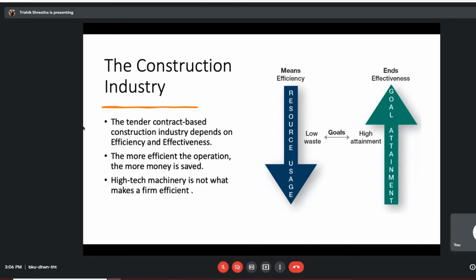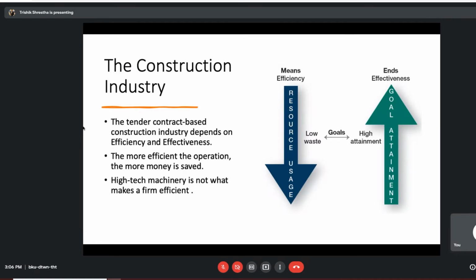You bid a certain amount. There's a contract that is available to every construction company that qualifies, and then you bid an amount, you claim that you will be able to complete that contract in a certain amount, and if the customer likes it, then that contract is offered to you, and your responsibility is to complete that contract effectively. That is where effectiveness comes in. In this industry, being effective means you are completely satisfying everything that you need to satisfy based on that contract. So that is where the effectiveness comes in.